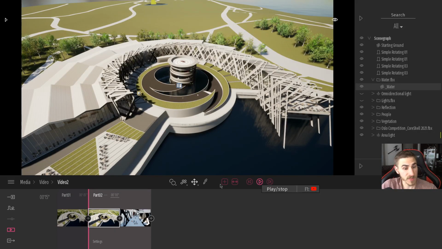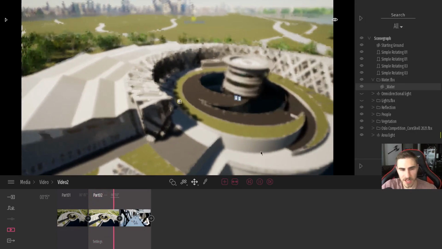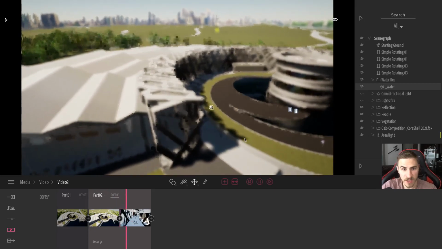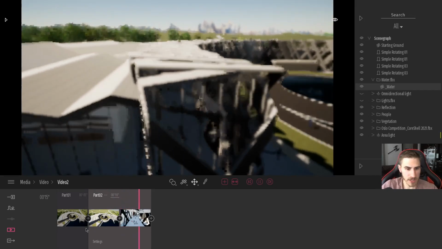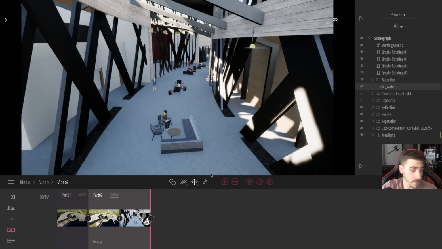So let's go ahead and press play from this point in part 2, and we can probably see an animation going from the overall shot to the lobby shot. So let's press play, and there we go. We're animating. Of course, the quality is kind of meh because this is all live TV. It's what it is. But you can see clearly the animation works. Very simple. Looks great. Not quality-wise necessarily, but nonetheless, the animating looks great. Okay, so that's good. We're happy with that.